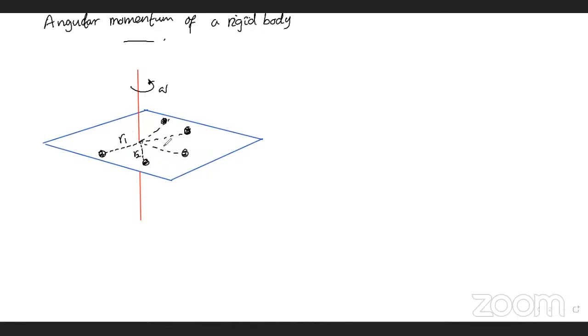Each particle is at a distance R1, R2, R3, up to Rn, and this particle has a speed V1, this one has a speed V2, this one V3, V4, and finally this one has Vn. The masses are M1, M2, up to Mn. So then you can write the total angular momentum of this system or the body